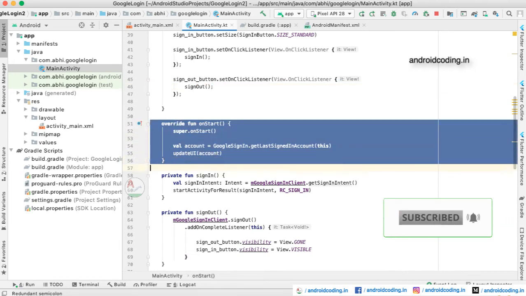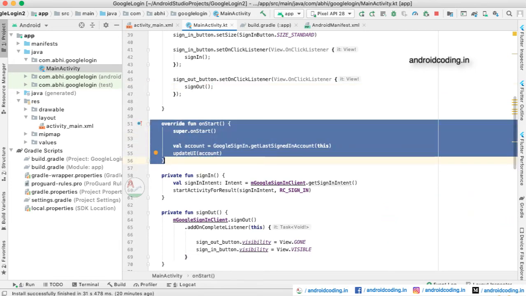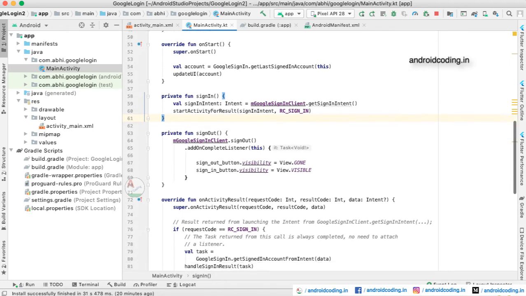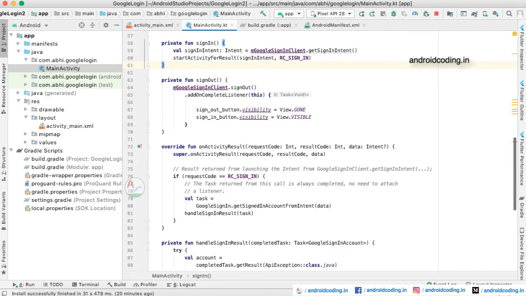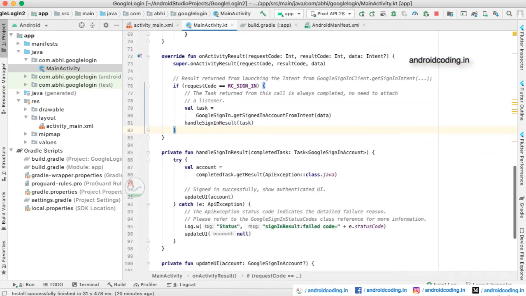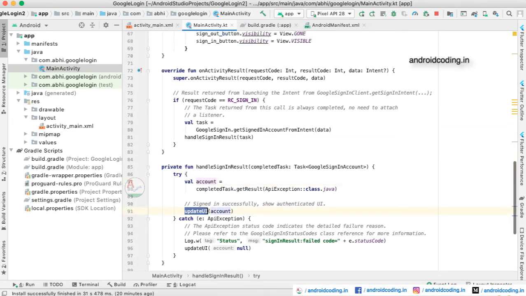On start of your project, you need to check whether the user is already signed in or not. If the user is already signed in, you need to get the details of the user and populate them onto your screen, just like in your profile screen how you display the user details. In the same way, you need to provide the Google user details. This is the sign in method where you are requesting Google by providing the user details and asking for a sign in. If the user is successfully signed in, you can handle it in this particular method, get the details of the particular account, and update the UI.